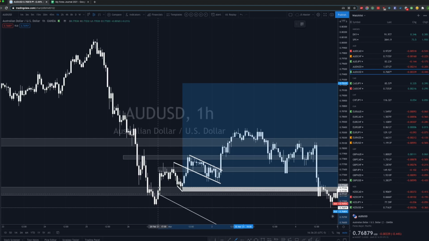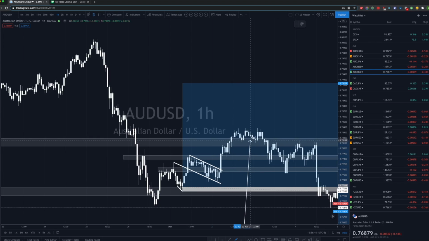Right? So that's what I saw here. Impulse, correction, impulse, correction, impulse. And then we had price showing signs of slowing down, signs of weakness. And then we had this consolidation here, and after that we just had the reversal, right? So that's why I decided to book some profits around this area once I saw price slowing down,